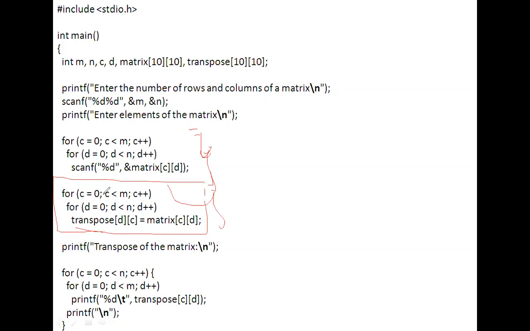So here we consider the step count method for this one, because we have to analyze the transpose of the matrix here. This is the main part. We have to transpose here. Here CD is transferred to DC. Just rows change into column values here. So now we are going to analyze this part only.